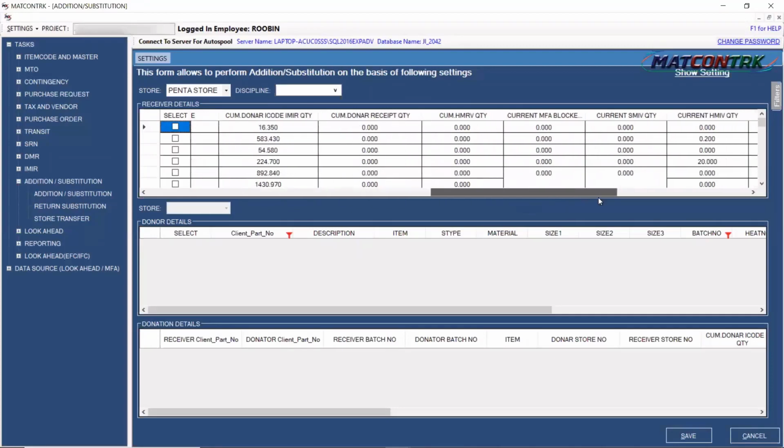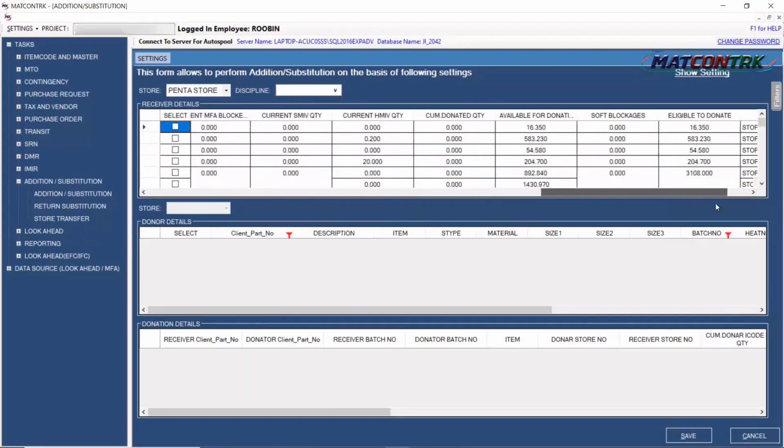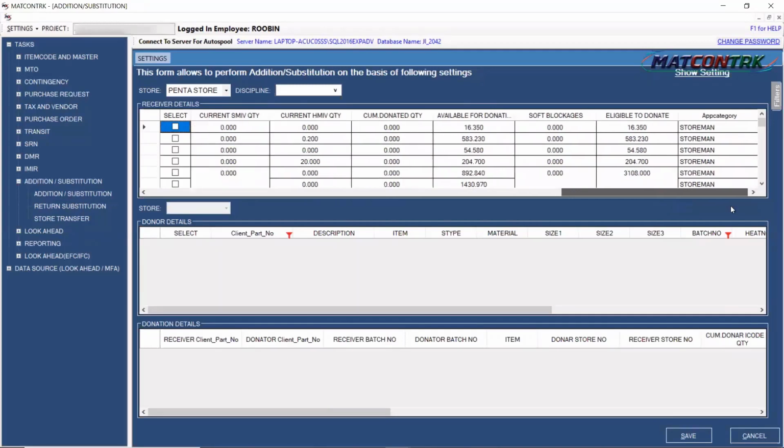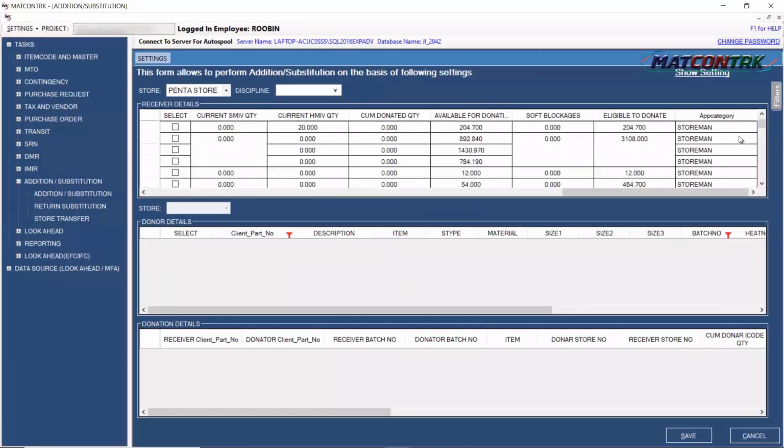Now, these further columns are giving me the statuses where these quantities are blocked. Some of the quantities are already issued. And at last, in the second last column, I can see my eligible quantity to donate. Now, eligible quantity to donate is calculated based on the consideration of the other transactions which are already ongoing on a particular item.